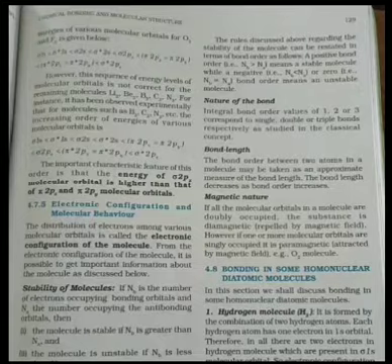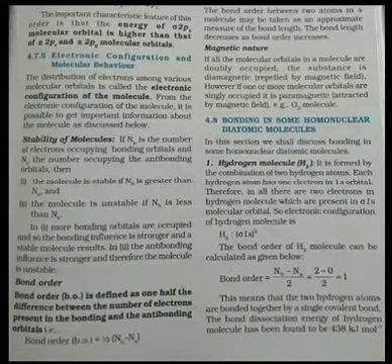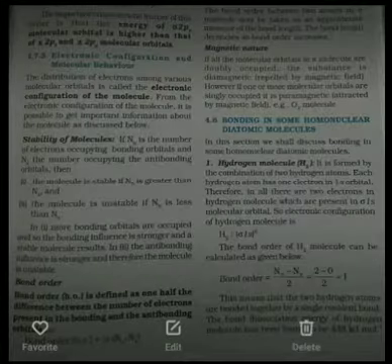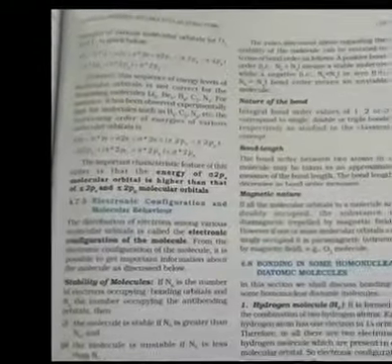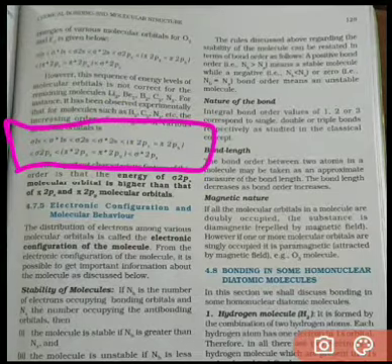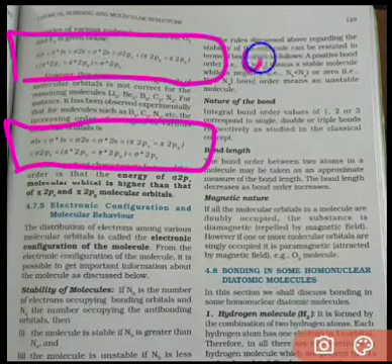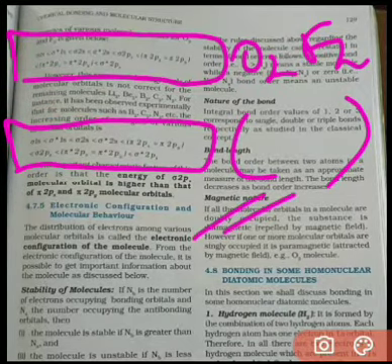Now students, we will discuss each separately in our next lecture, because videos of more than 11 to 12 minutes are not being sent right now, so we will discuss this later. But students, try to practice and learn these electronic configurations which are given here. This belongs to all the elements except oxygen and fluorine. This is for O2 and F2, and this is for other elements other than O2 and F2.